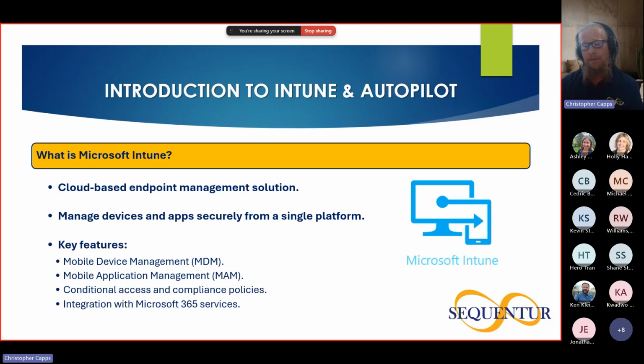Once you have your devices onboarded, you can apply compliance policies and conditional access policies to these devices to help protect your environment and govern access to certain resources. This is kind of the ultimate maturity in Intune. And what I mean by that is,